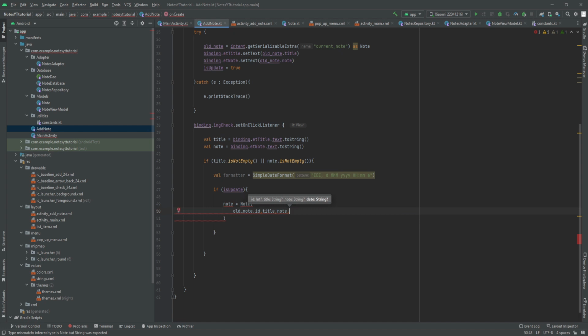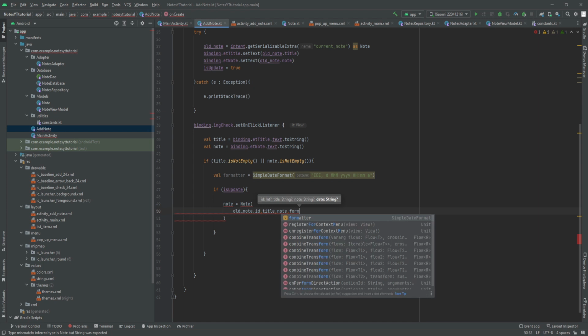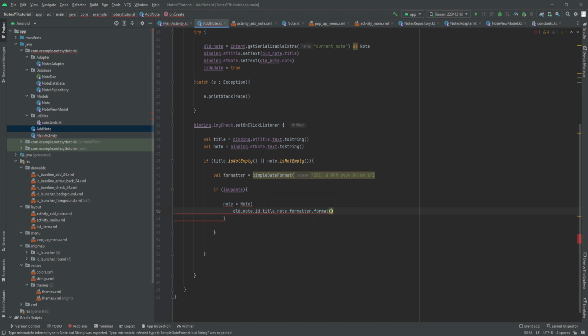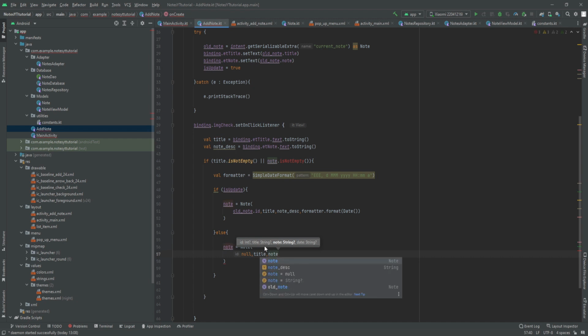And for the date, we'll pass formatter.format(date), right? Else, okay, let's just call it description. Yeah, we don't want to pass any id here. We'll pass the title, note description,